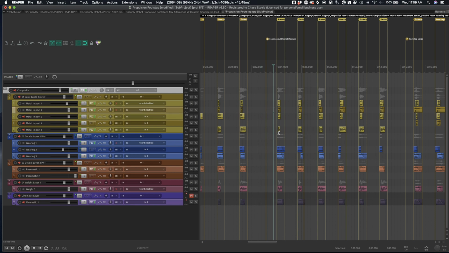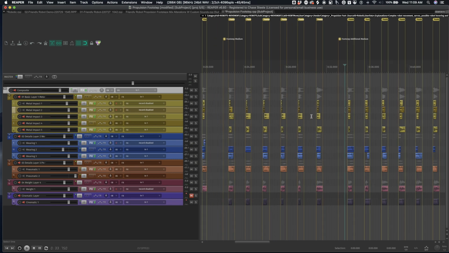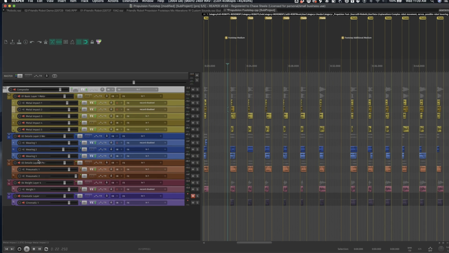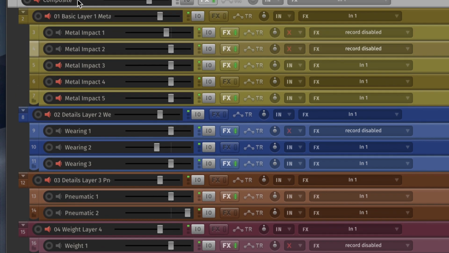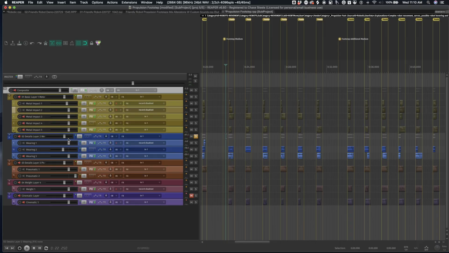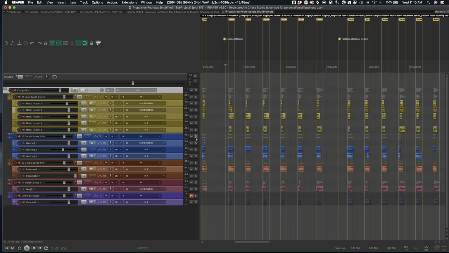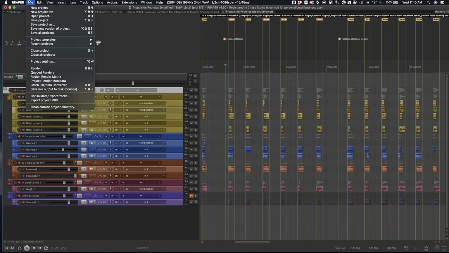Because if we listen to them real quick, these are in the right ballpark of what sound I want. But there's a couple of these layers over here that I don't want to be as prominent, at the very least, and there will probably be some additional design differentiations I'll want to make. So let's identify quickly. Yeah, this layer with these rusty sounds is definitely a little out of place for this particular design. So before I start hacking this up, I'll do a file, save project as.